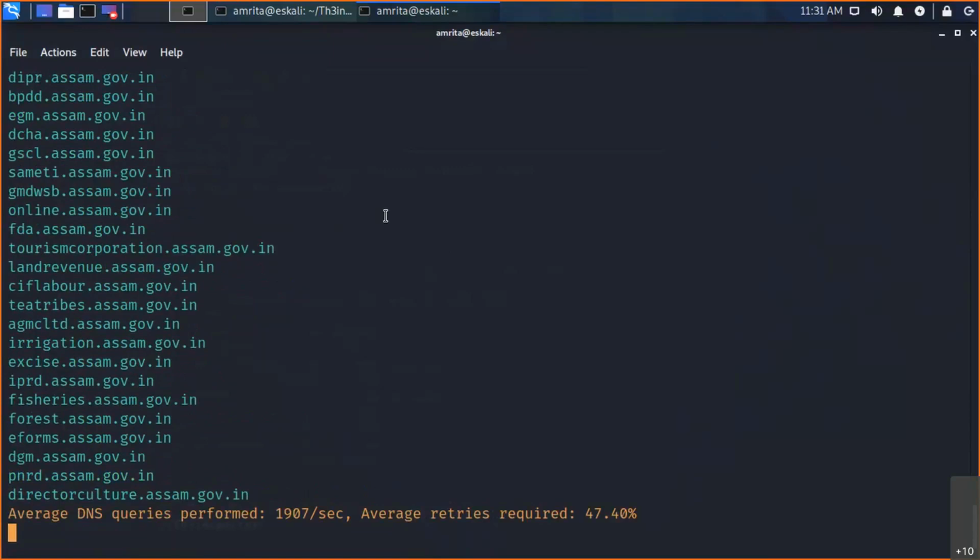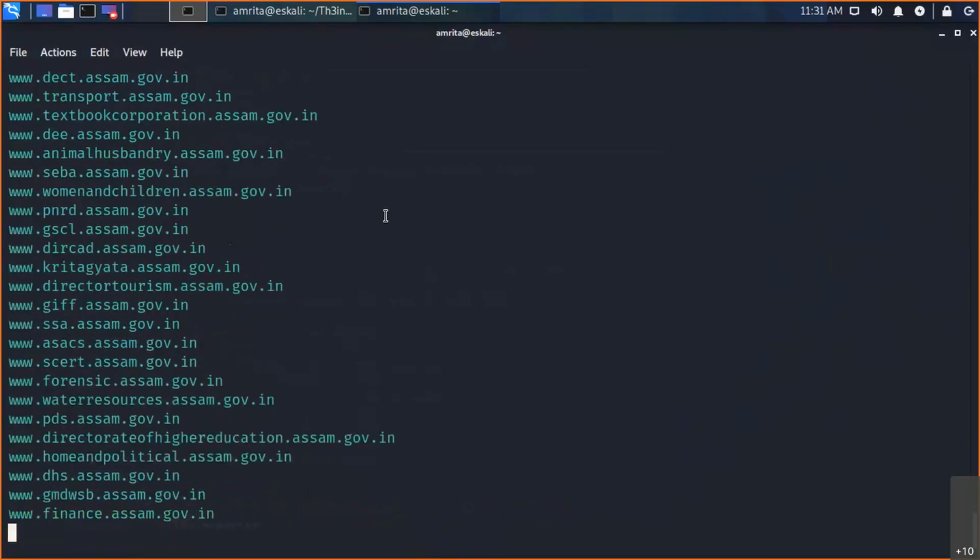Yeah, that was a very wonderful answer by Anurag. Actually, information gathering is basically the index of preparedness. The more information I gather, the more power I will have to exploit the target. That's all.